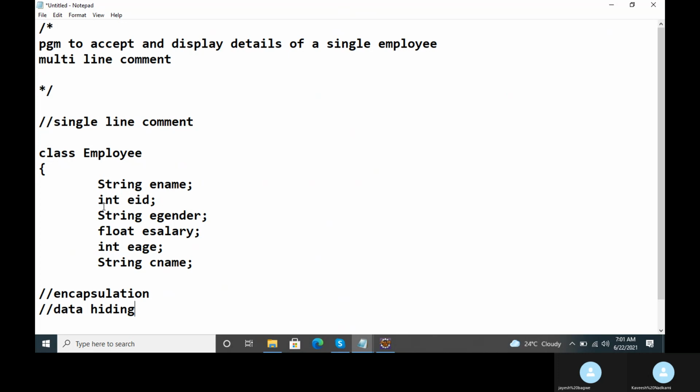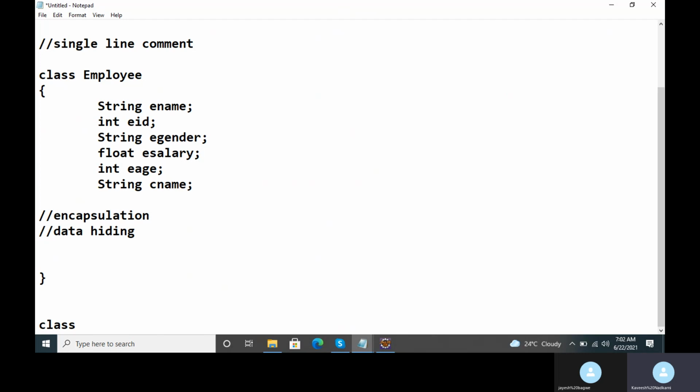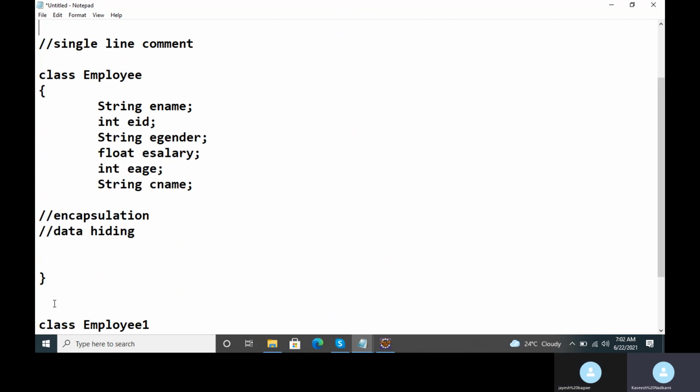But suppose some other class wants to access the data members of one class, then it can do it indirectly, Jayesh. Indirectly means by using the member functions of that class. So for example, now I have a class employee. I define one more class here. Say the class name is employee1. Now both are different classes. Above class is employee, or suppose I name this employee1, and this is employee2, Jayesh.